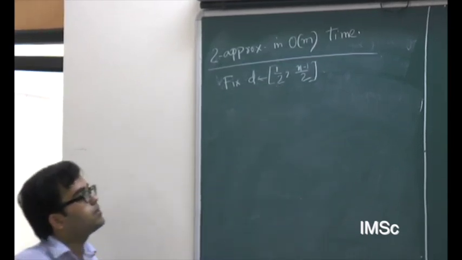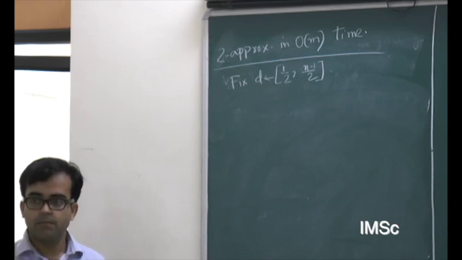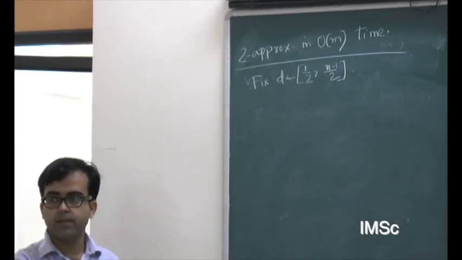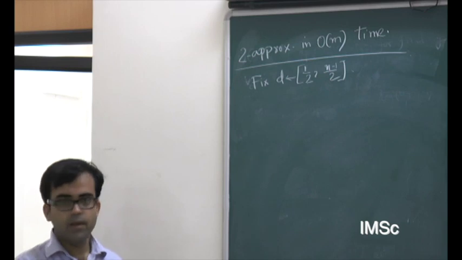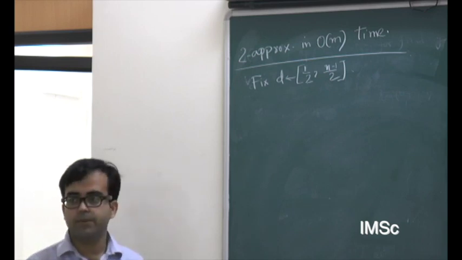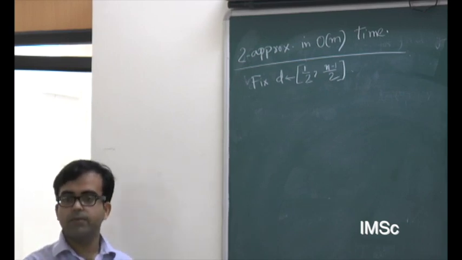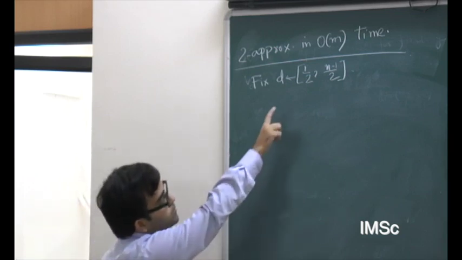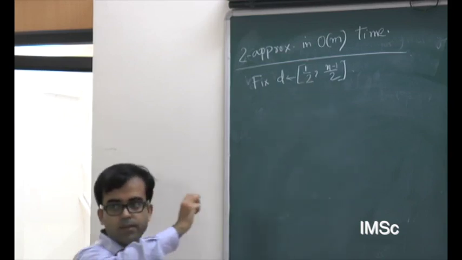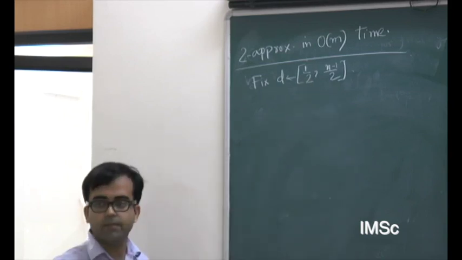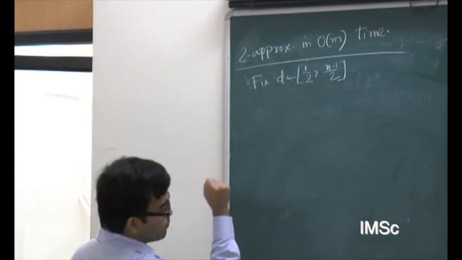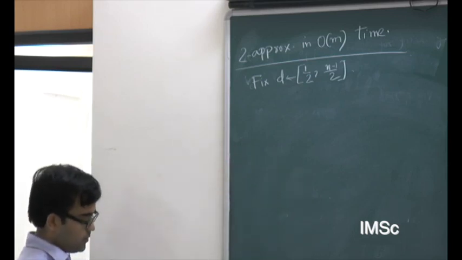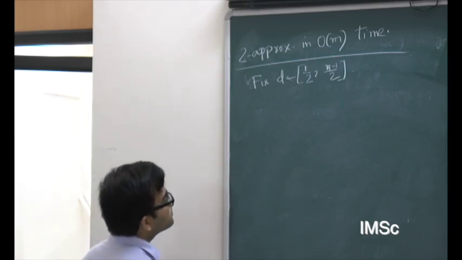Half is the minimum possible density, because if you just take one edge it gives you a density of half, and n minus 1 over 2 is the maximum possible density. When you have a complete graph your density is n minus 1 over 2. So the density will lie somewhere in between, and suppose you are given some parameter d, you are told the value of the density, and now